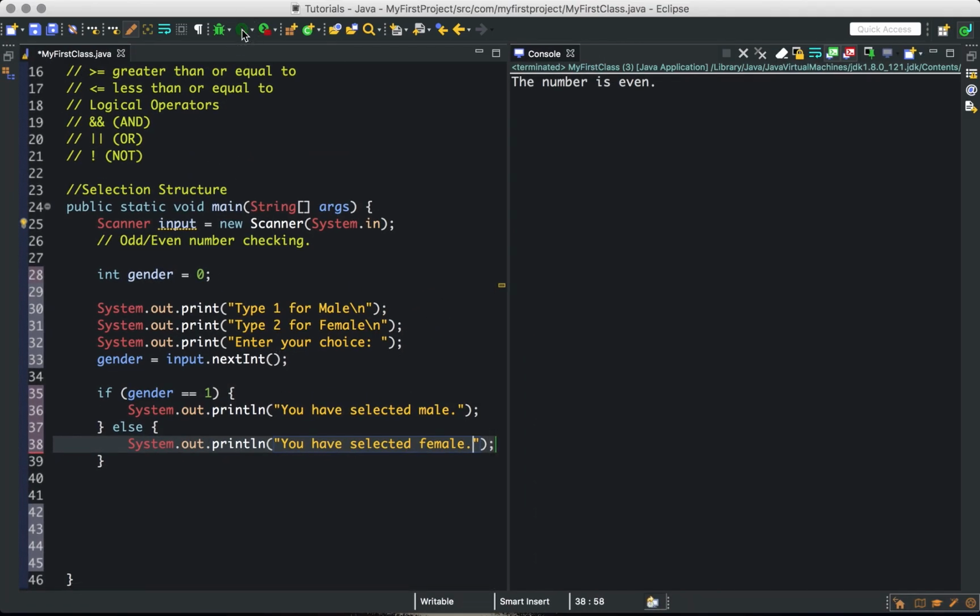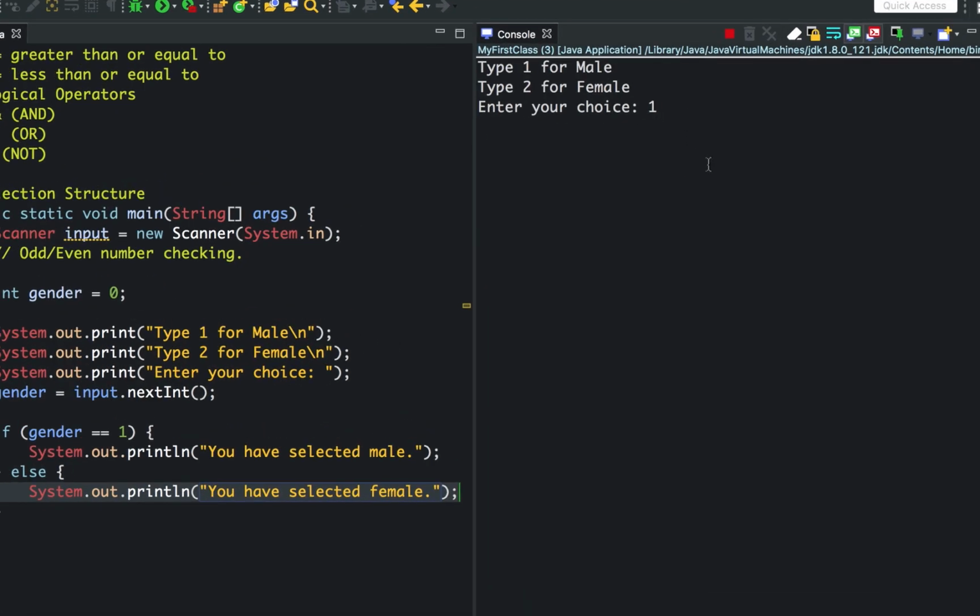So let's run this one. So type 1 for male, type 2 for female. So let's try 1. You have selected male. Then let's try this again. Let's enter 2. You have selected female. Now if I enter other numbers, for example 8,